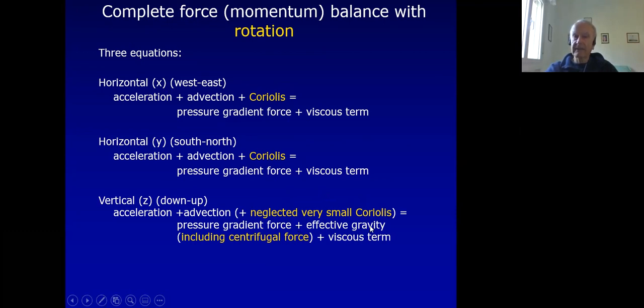We have effective gravity, which includes the centrifugal force. We have viscous and pressure gradient forces, which are external. One is due to the pressure gradient; we will be talking a lot about the pressure gradient later on. Viscous terms are due to the viscosity of the water,